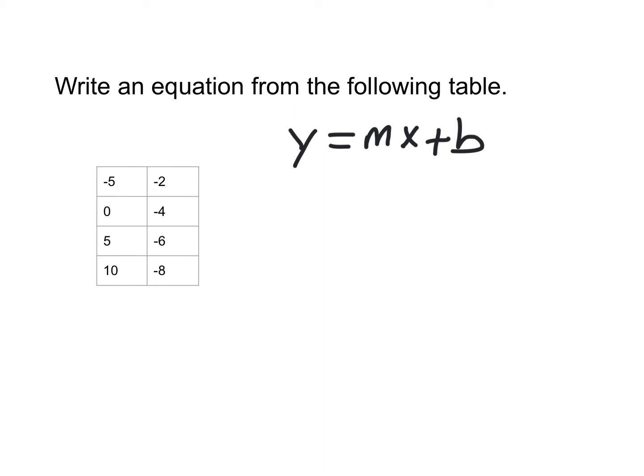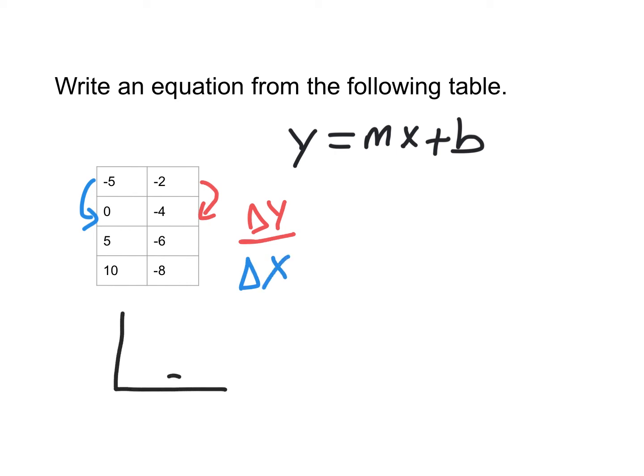So again, if you have a table and you want to find the slope, you're looking for the change in y over the change in x. But as always, you can use the stack, slide, subtract if you would like to help you. So we have a -5, -2. I got that from the table. This is the x and the y. Now we have another x and y, 0, -4. So I'm just going to fill that in, 0 and -4. And then when you plug in those numbers, we end up with